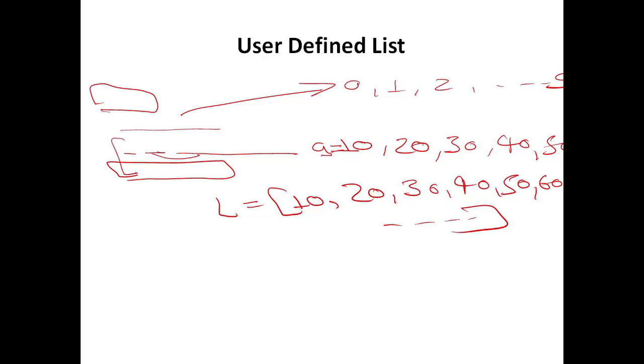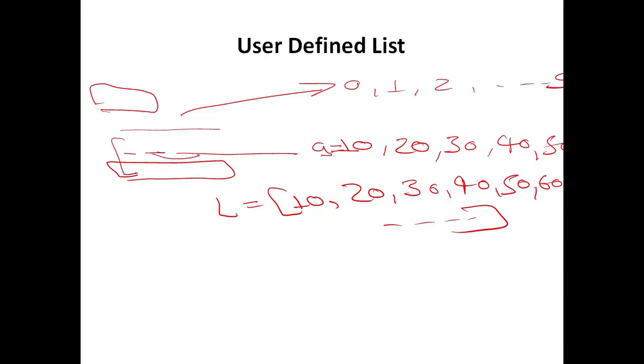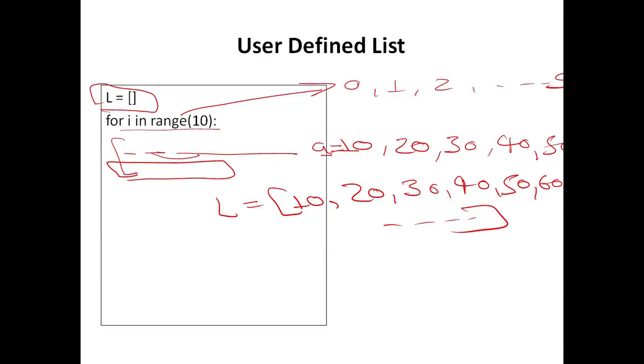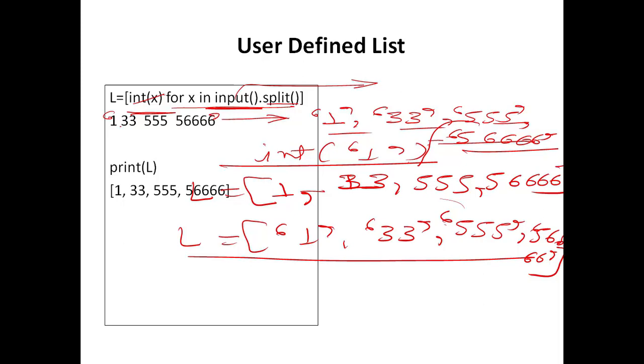The first one was the list comprehension method, which is a shorter form, but it is somewhat complex, though it is just a single line statement. And there is another way, that is using the append method, which has almost 4 lines, which is a longer code but simple to understand. But as you get familiar with programming in Python, you will definitely use list comprehension. It is a highly used syntax.